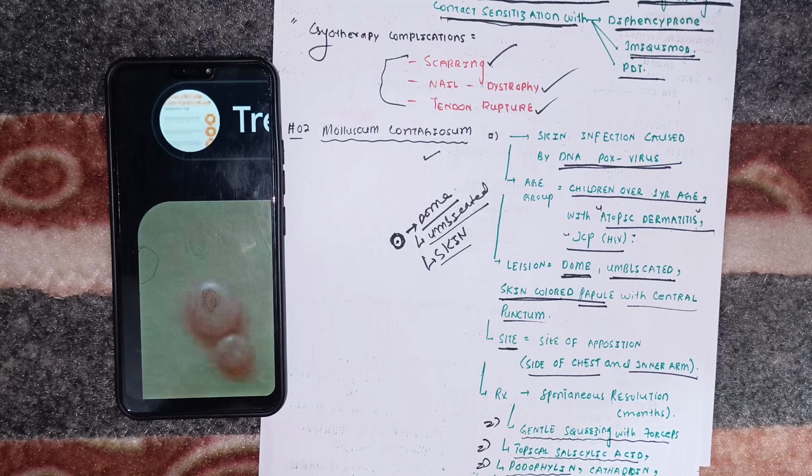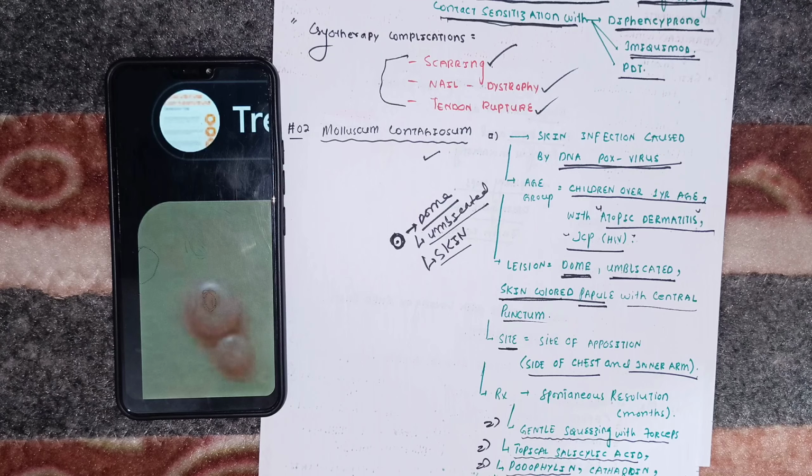बॉडी में वो जगह हैं जो एपोजिशन में है एक दूसरे के साथ, वहां पे इस वायरस के लेजन बनते हैं. साइट्स ऑफ एपोजिशन, जो जो बॉडी सर्फेसेस आपस में कांटेक्ट में हैं, जैसे कि side of the chest and inner arm, lateral part of the chest, they are very much close to each other, na? They are very much close to each other and they are in apposition. So those body parts which are in apposition, these are actually the sites where lesions appear in case of molluscum